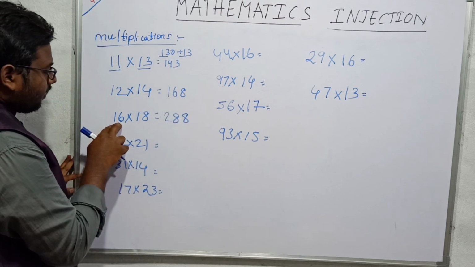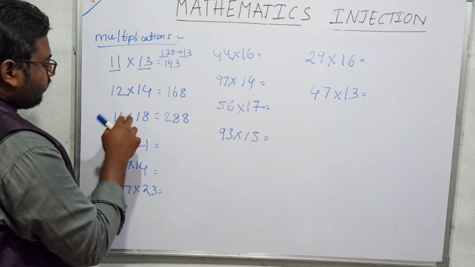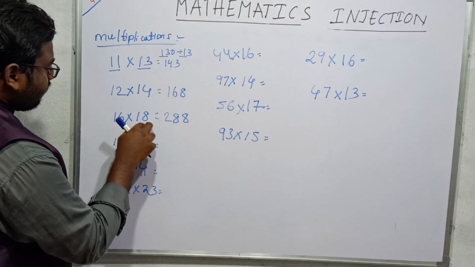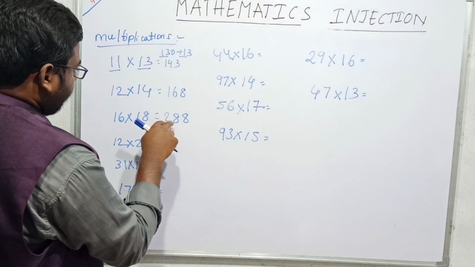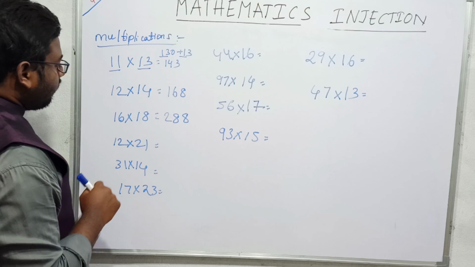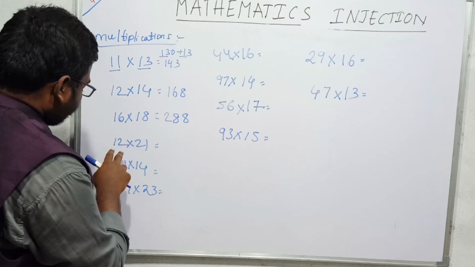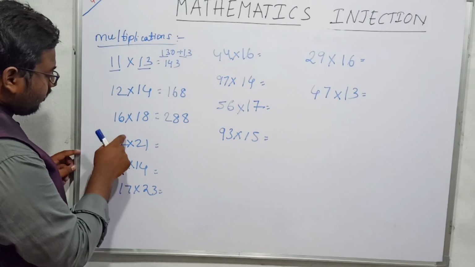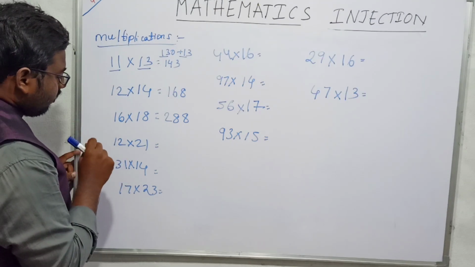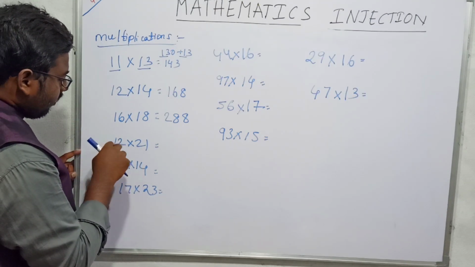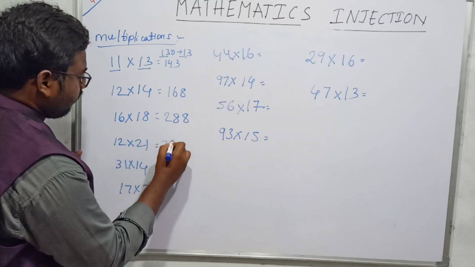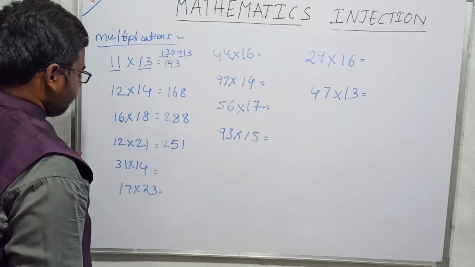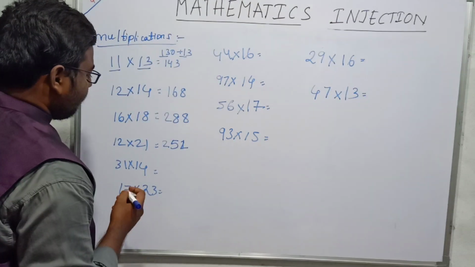If we take 16 as distributor, 16 ones are 16 plus 16 8s are 128. 16 plus 12 is 28, and 8 is the unit digit. 8 is in 128. 12 into 21. If I take 12 as distributor, because I know multiplication with 12, what I will do is 12 2s are 24, 12 1s are 12. 24 plus 1, 25 beside 2. 2 is the unit digit.